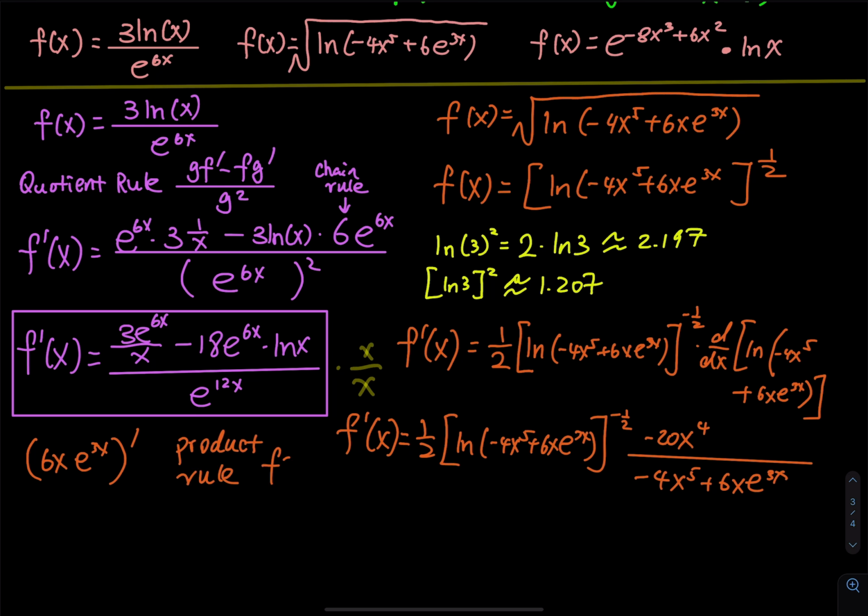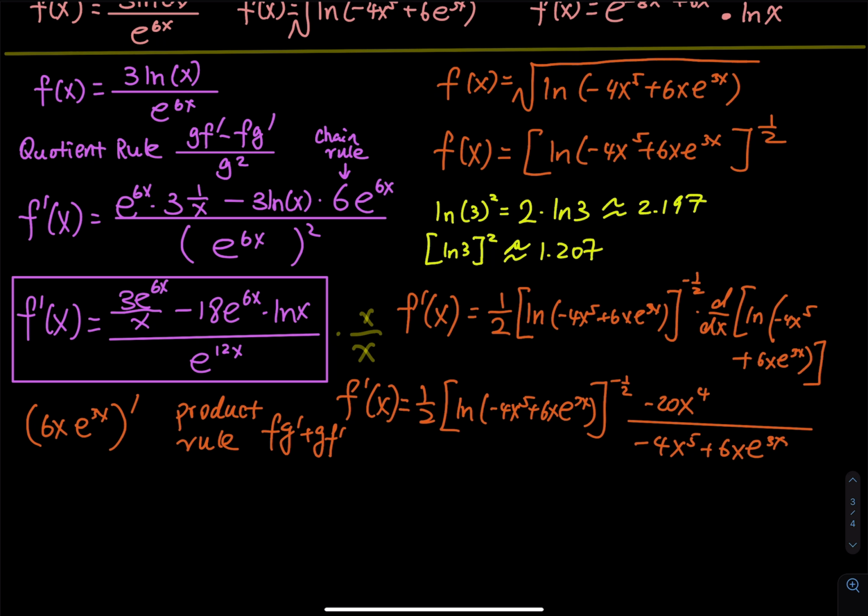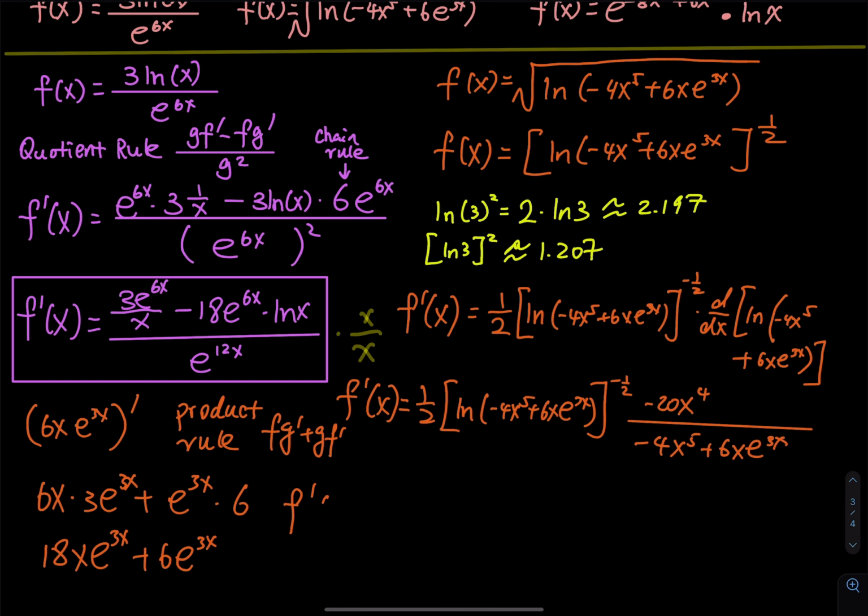Product rule is fg prime plus gf prime, so that is equal to 6x and then e to the 3x times 3, and then plus g, that is e to the 3x, the derivative of 6x is 6. So overall you have 18x e to the 3x, and then plus 6 e to the 3x. So therefore you have f prime of x equals to